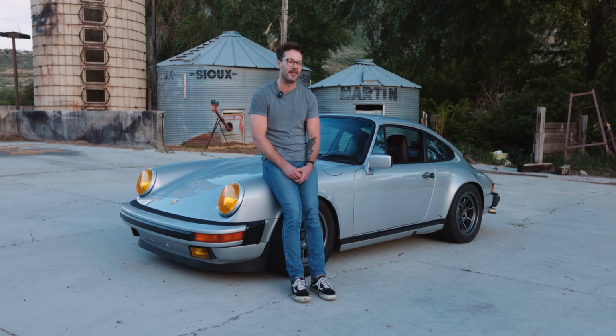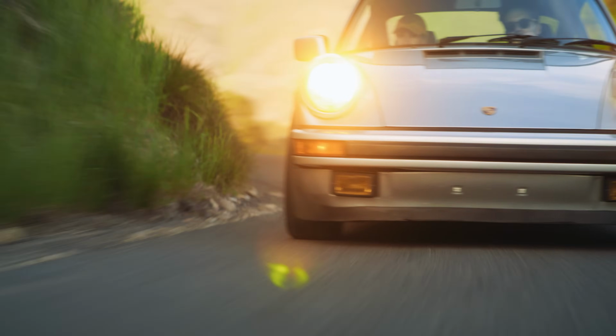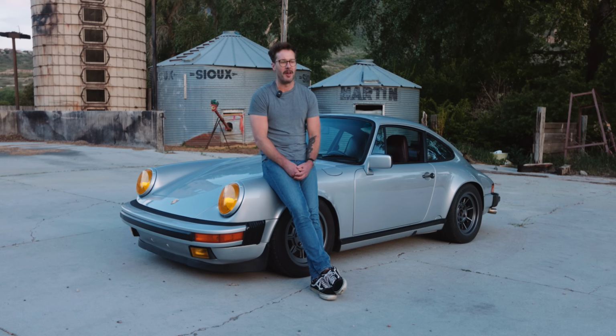I just love the chatter when the cams are on and you're heel-toeing, revving the engine, and it's making the most beautiful sounds. It's a very unique layout considering most cars today are V-shaped engines, and you're just so close to the engine. It's right behind you. You've got two rear seats that I wouldn't wish anybody sitting in, even my worst enemies. But I love everything about it. You're so intimate in it as well. You're basically rubbing shoulders with the person you're sitting next to. And it smells like an old car, oil, gas. And just hearing that growl coming out the back is a fun,